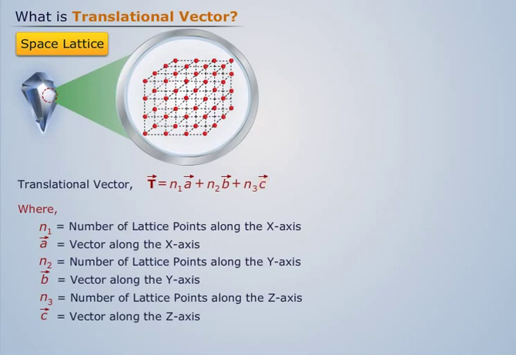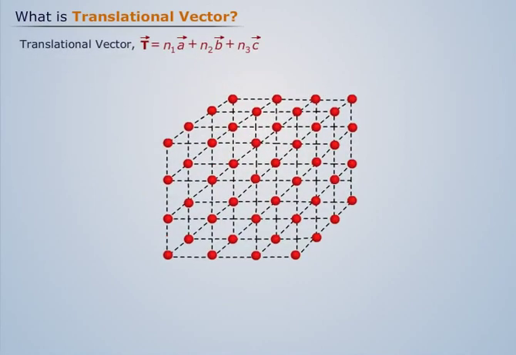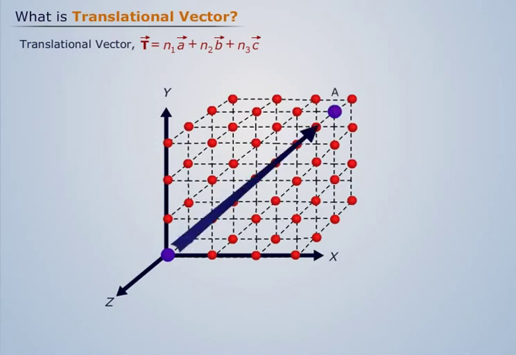Let us now understand how to use translational vector. Consider any lattice point as a reference, and then make it as the origin of a three-dimensional graph. Now for the lattice point, say A, the translational vector will be